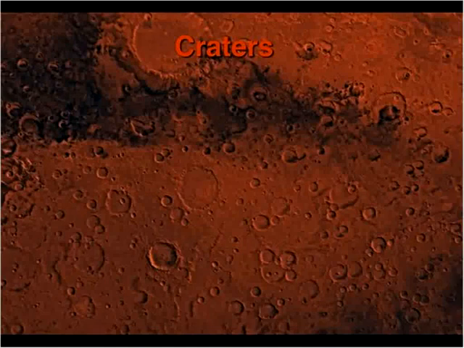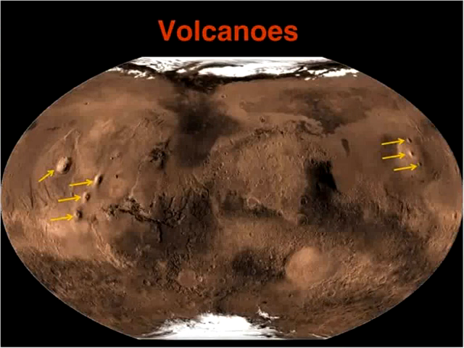But fortunately for geologists, Mars has many other interesting features in addition to the craters. Mars really is a planet of volcanic features and volcanic processes. So here's a sort of distorted global view of Mars, stretched out so you can see the whole of Mars on a single image. These yellow arrows point to volcanoes on Mars that are so huge that they're visible from orbit. Earth has many volcanoes, and some of them are pretty big, but typically they aren't big enough to be seen from a distance like these are.